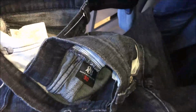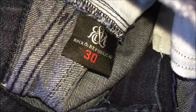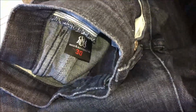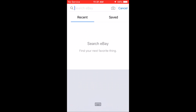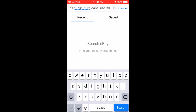So I looked on the inside of these and there's two tags. One has a size and the other one has a style name. So I'm going to look up Rock and Republic Kurt jeans size 30. Okay, so we go into the eBay app and I go into the search bar on top and I use the voice command instead of typing. So I enter in Rock and Republic Kurt jeans size 30